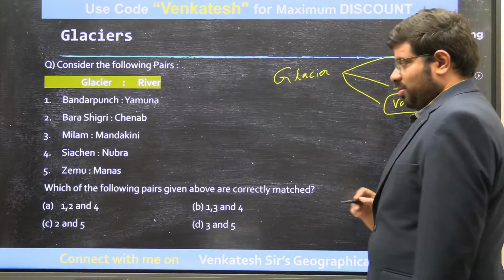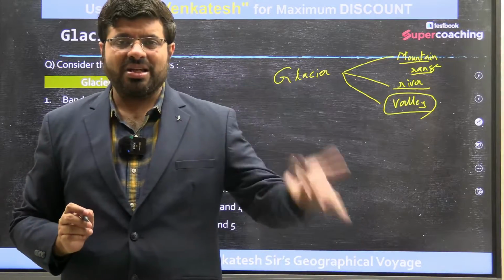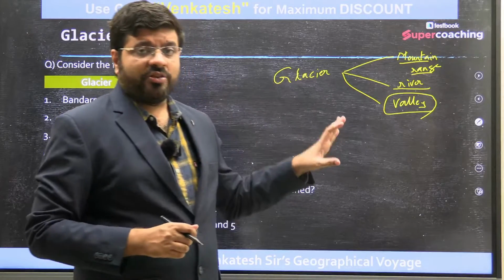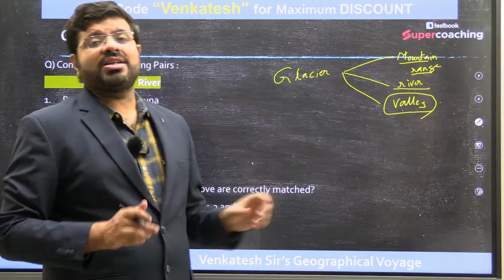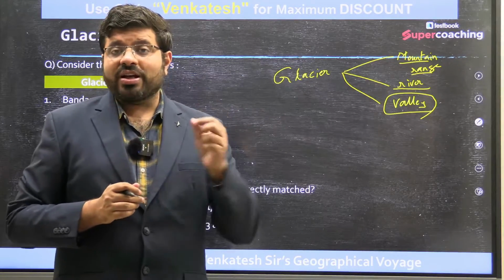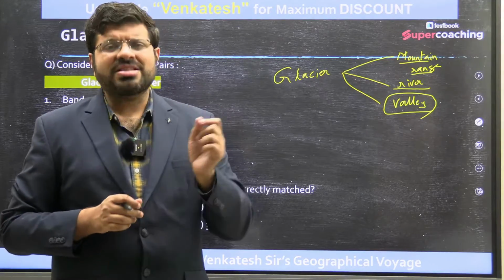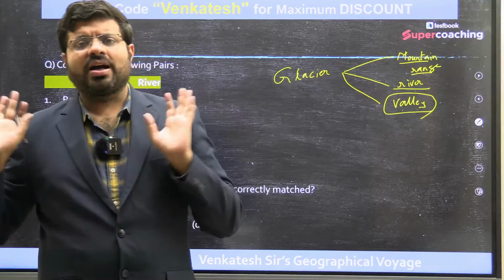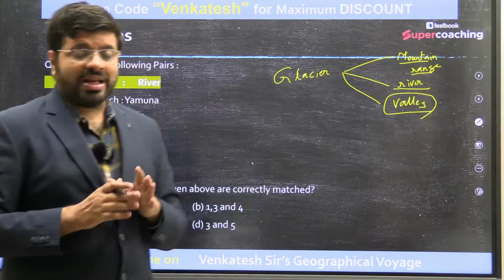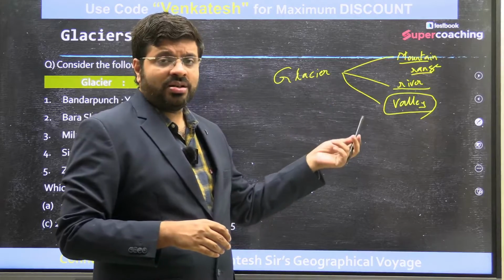Sometimes the valleys and the rivers might have similar names, but sometimes that is not the case. So you have to see any glacier question from this aspect. So next time when you study, say, Siachen Glacier, where it is located, what is the mountain range, any river nearby, any valley nearby, that is how you have to approach. Gangotri Glacier, the name itself is very simple, Gangotri, Ganga Glacier. That is very easy. But for other things, that is where you have to get the trick. So next time when you study glaciers, remember mountain range, river and valley.